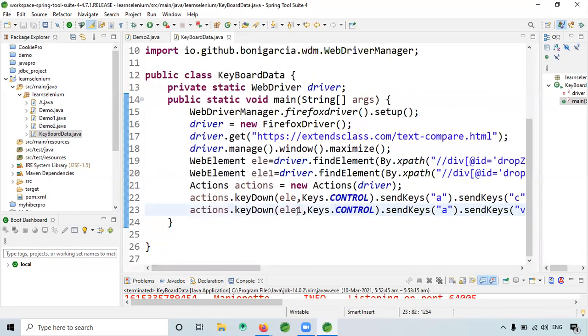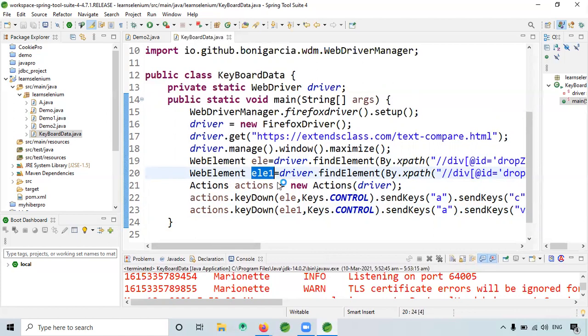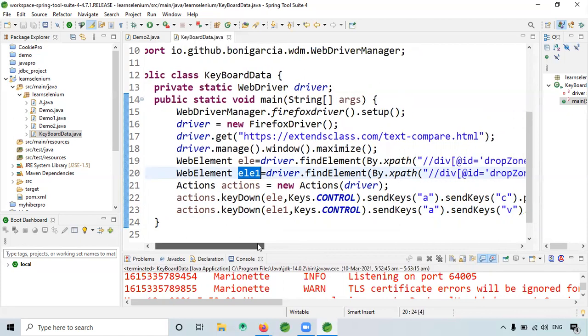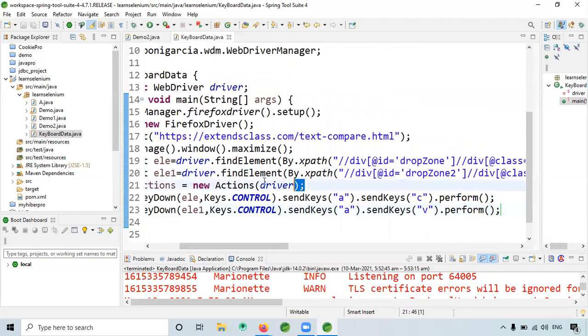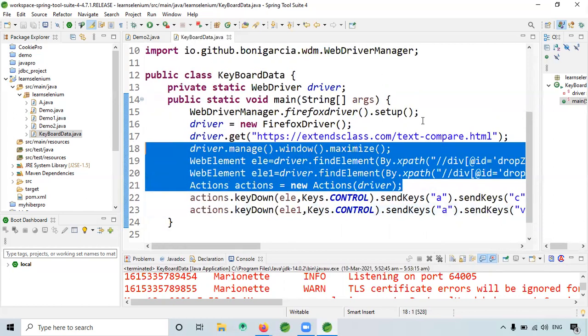But it will select the second box, that is here. But we need the other one which we have already copied, right? We just have to paste it here, right? I mean, Control V is only required, right? Because we went to that second box. It will simply go to the second box, select whatever is there, and simply paste with Control V. So sendKeys A is not required?